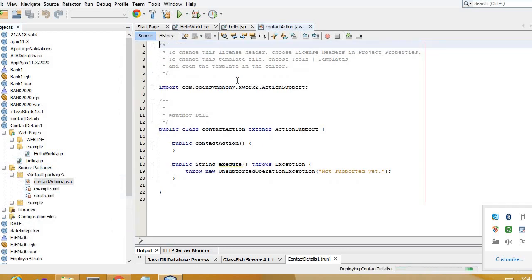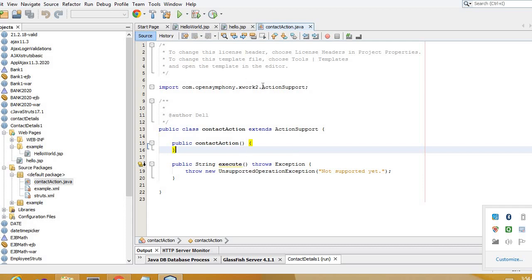Okay, so I have created this ActionSupport based action class. Now we will add the contents to it, right? So this is a Java class. Now what's the benefit of having the ActionSupport based action class is that when you click on the submit button, based on that action will be invoked, it will go to the struts.xml file, which is nothing but a controller in this particular project, right? We will have a look at the struts.xml file contents later on. First let's write this Java class file.